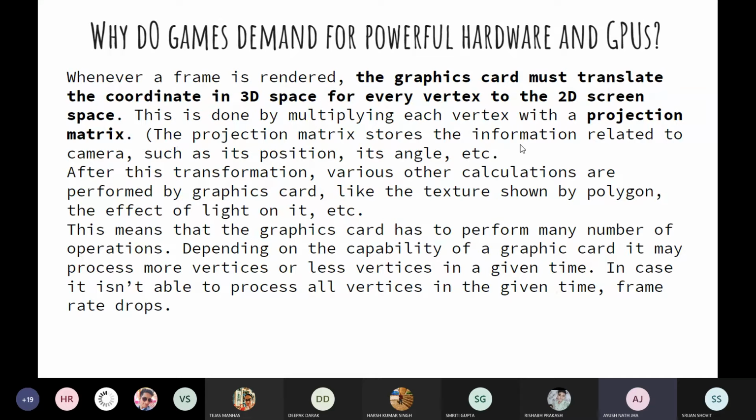So the projection matrix stores the information related to the camera, such as its position, its angle, etc. How an object looks depends on the camera, right? The angle at which you put the camera, the position of the camera, and stuff like that. So how the camera is oriented is the main deciding factor in how an image will look on the screen. So this projection matrix basically stores that data, and then after this transformation, various other calculations are performed by